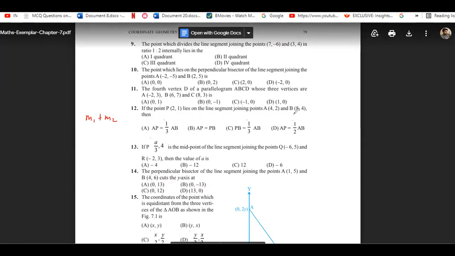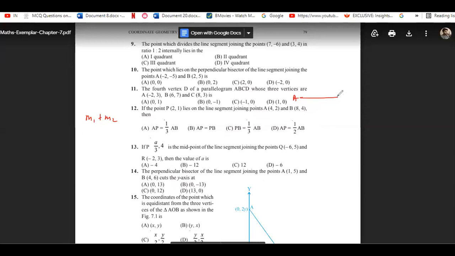So that will be the point P, and here we have A, P, and B. Let's suppose you get a ratio of 2:3. Then you can simply say that the ratio for AP upon AB will be 2/5, meaning 5 parts of AB and 2 parts of AP. Then you can simply write AP will be equivalent to this.